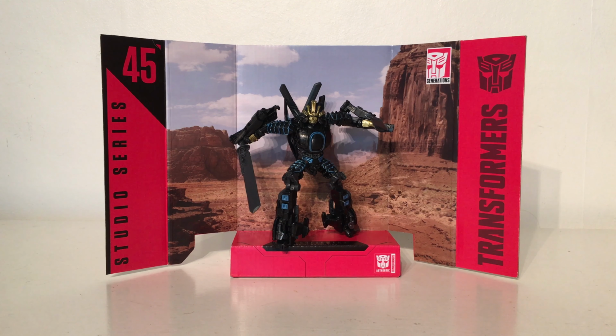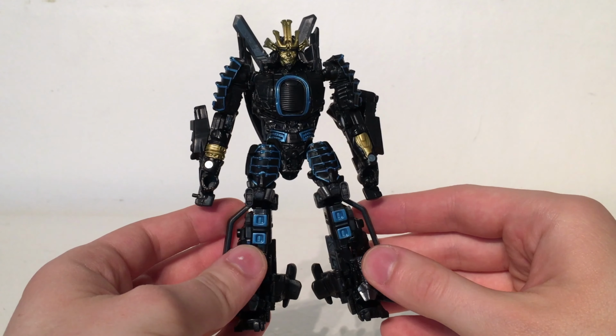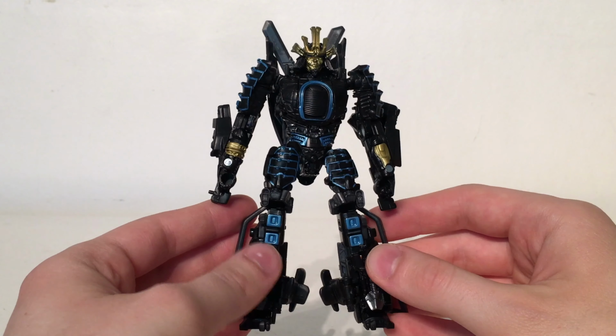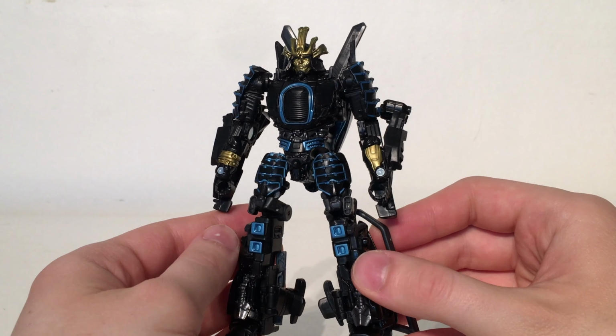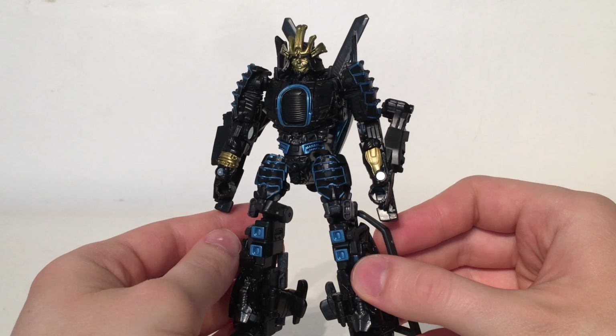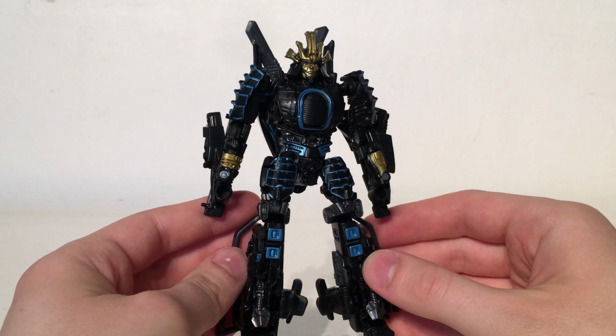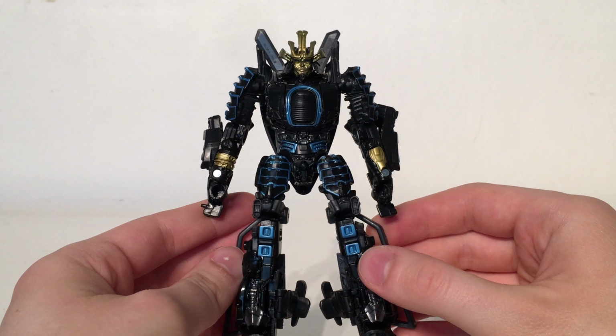As always, you can insert the figure into the diorama for a more dynamic display option, and here we have Drift as he comes packaged in his robot mode. Now this is by far the best representation we've ever got for movie Drift. However, this particular deluxe class figure comes with so many accessories, so before we take a closer look at Drift, we're going to actually take a closer look at Drift's accessories and then we'll take a detailed look at Drift